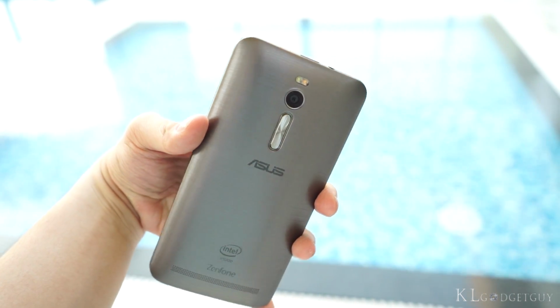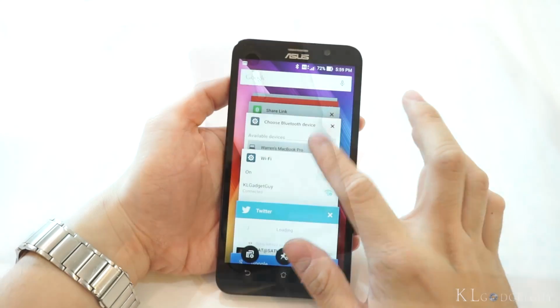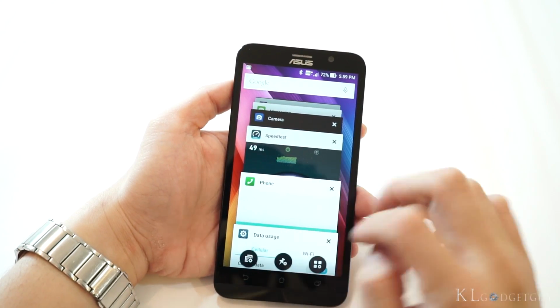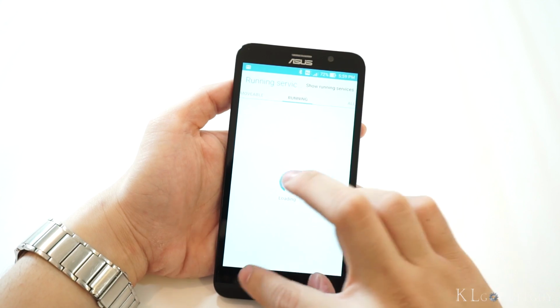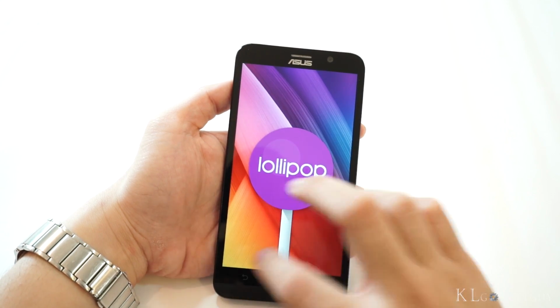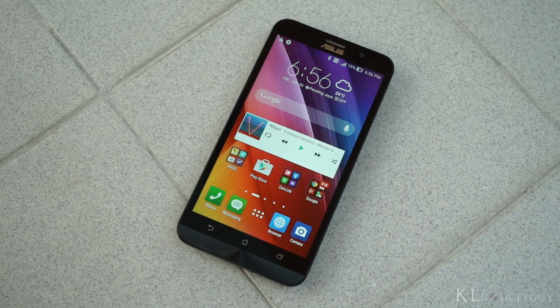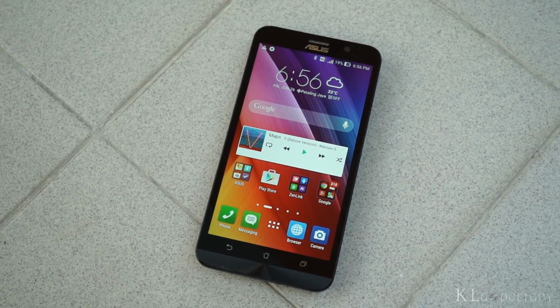half-baked product when compared to its predecessors. Its dated software features just don't make you feel the need to upgrade your old ZenFone, and most importantly, battery life has not been improved this time. The ZenFone 2 is still a great smartphone nonetheless,